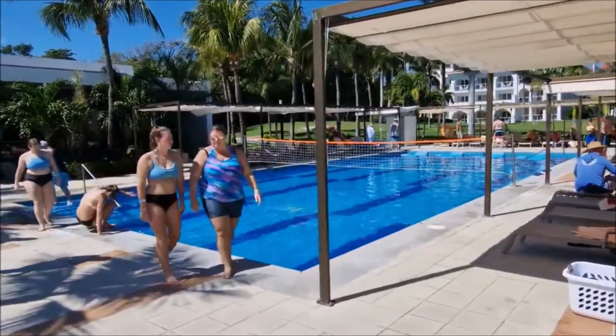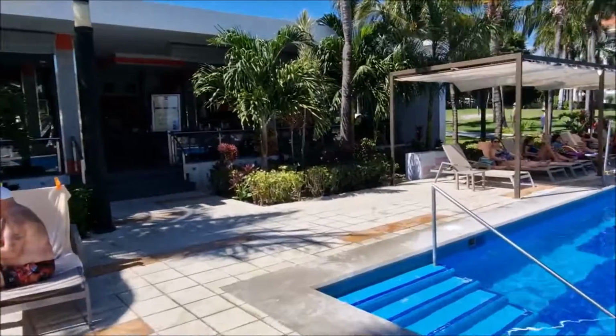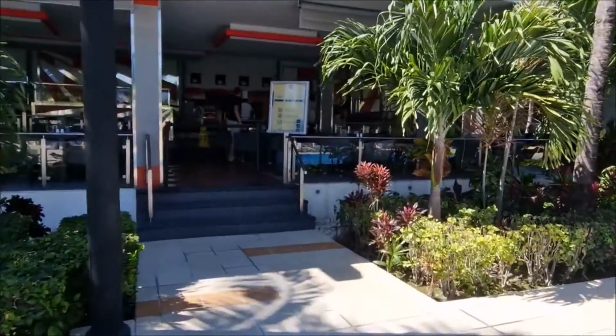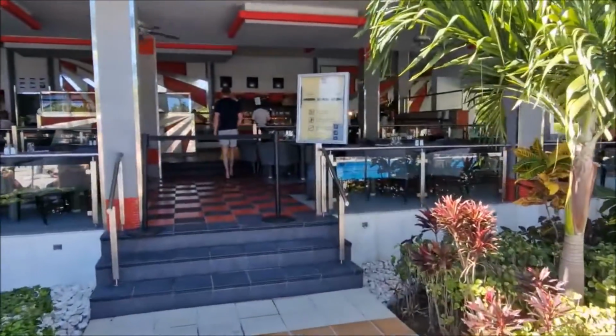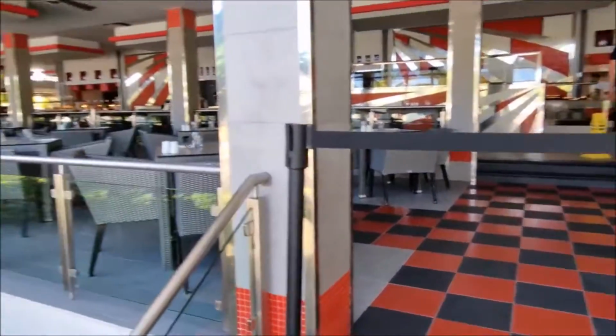This is the pool that you've mainly got beach volleyball going on in, and other water sports as well. But you've got a restaurant here, which is at night the steakhouse restaurant. During the day, dinner. So that's where you're getting your dinner. They do snacks and bits and pieces. I'll just show you quickly in there